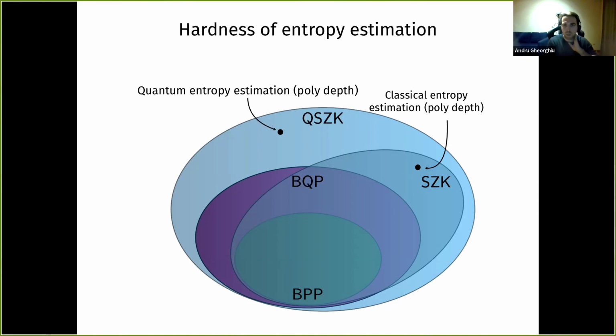Let me just comment a bit about why it seems necessary to make cryptographic or computational assumptions, in contrast to the previous results that we heard of, where the results were unconditional. The difference, say with respect to Jordan's talk, is that we're not given copies of the state. We actually know the circuit that produces the state. So we have full information about how the state was produced.